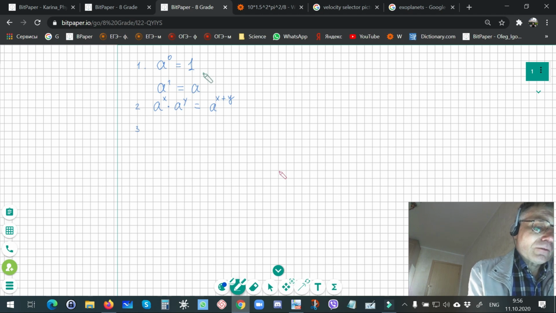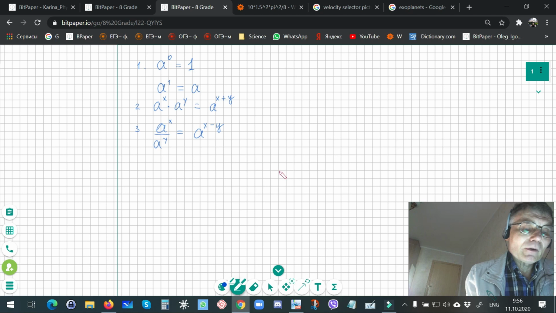Then division, when we have a to the power of x over a to the power of y, we have to keep the same base, and we find the difference. We subtract